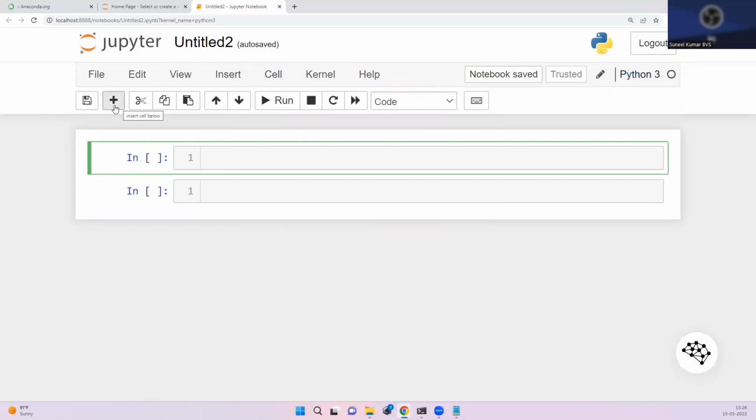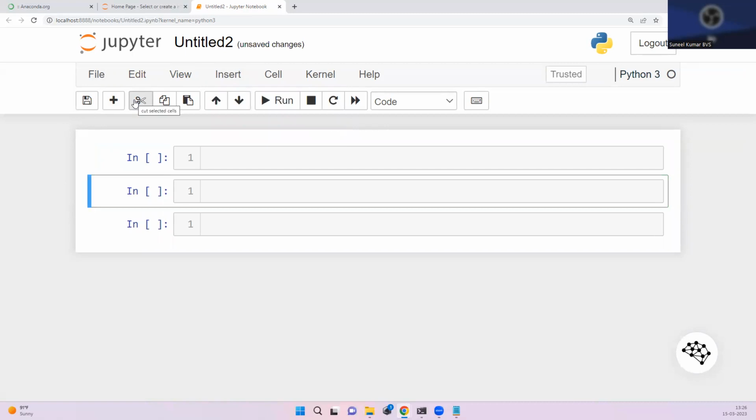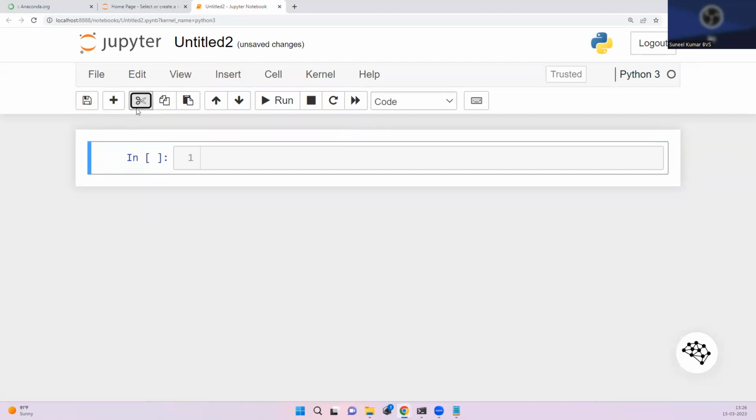And there are some shortcuts as well. You can save a checkpoint here, or if you want to insert a specific cell below, you can see that. Similarly, if you want to cut the cell, you can try these options, and copy and paste the cells, and moving the cells up, before and after. You can try that. Run, pause. For example, if you execute any cell and it's taking a longer time, you can interrupt the kernel and restart again. So this is restart the kernel. And this is the next step, restart the kernel and run the whole notebook. Okay, now see,